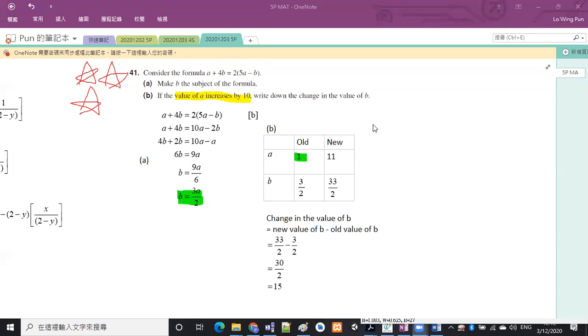Okay, some student asked me whether we can just put 10 into A, and then the outcome will be equal to 15. No, careful. This time you are lucky to put A equal to 10, because the question says A increases by 10. Remember, it is increases by 10. If it is